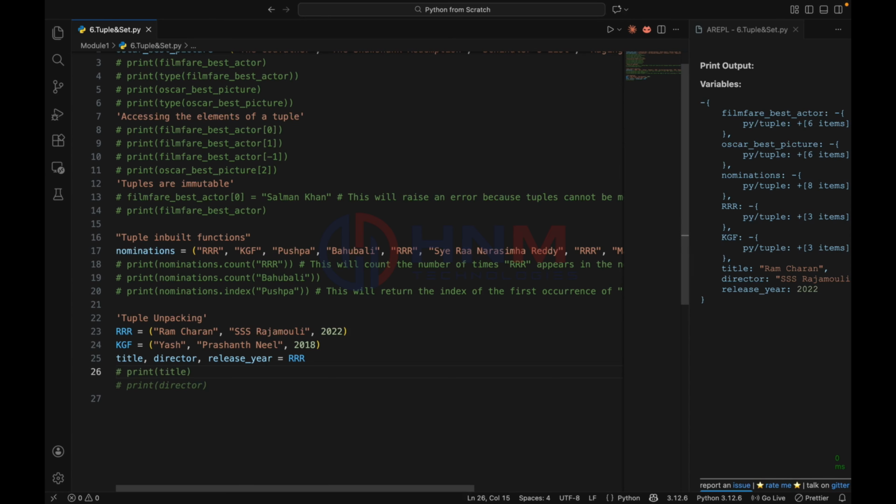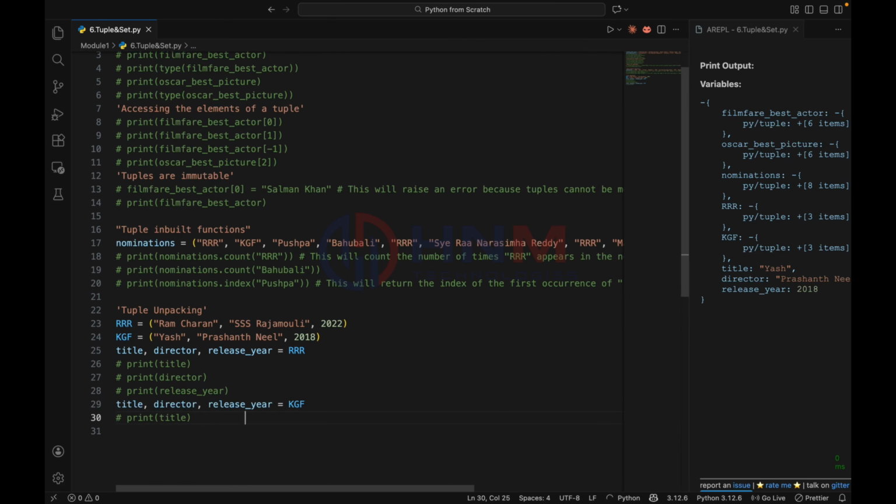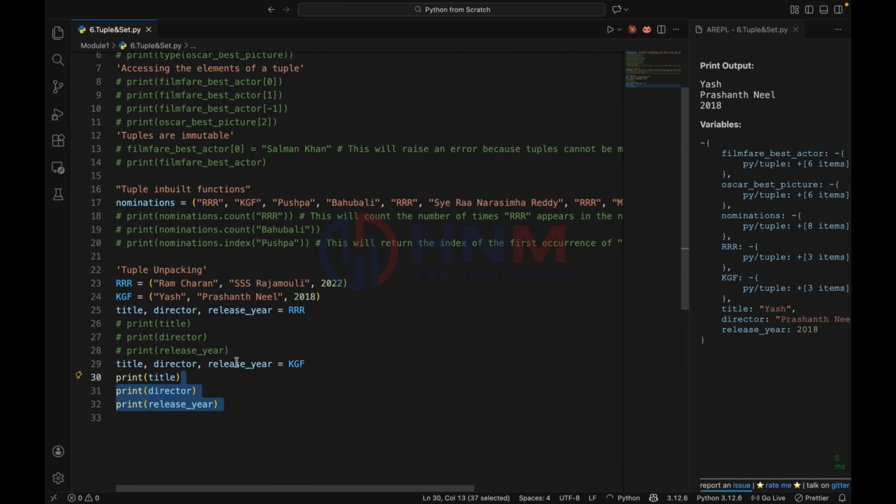I'm going to print title, director, release year. This is how we do unpacking. So tuple unpacking: we just give title, director, release year like this, we unpack it like this. So this is how unpacking works.